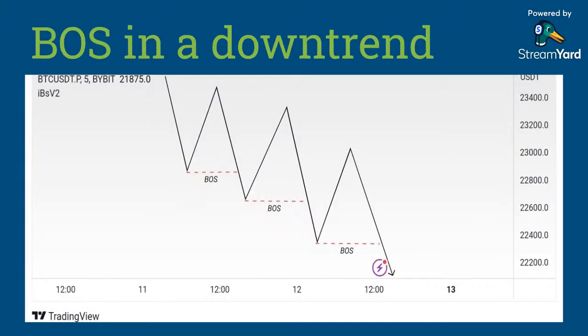Now, like I said, for a downtrend, when a new lower low is created, then a downtrend has been created. You can see the break of structure, it's the same thing. This is better and easy to understand, but when we go on the group chat, we're going to have a more in-depth discussion. So you can see how the market is creating the break of structure on the downside. The moment a new lower low breaks, it means the market is going down. From the tip of the last low, once it passes it, that's a break of structure. Even if it's just a wick that passes it, it's not a break of structure.